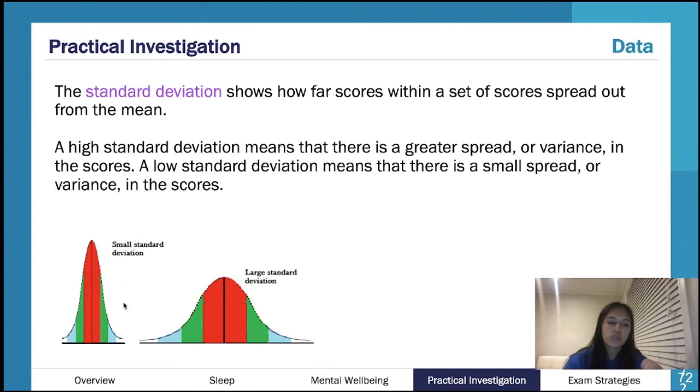Basically, the one on the left is what you want. The one on the right is what you don't want. If you've got a large standard deviation, it means that you had a lot of variance in your results. So say this is like the cough thing. Some people said their cough improved by heaps. Some people said that their cough got worse. There's a lot of differences. Whereas here, a lot of the people said that the cough was close to the mean. They all said it improved by around 3 to 4 points. That's obviously what you want because the results are similar.